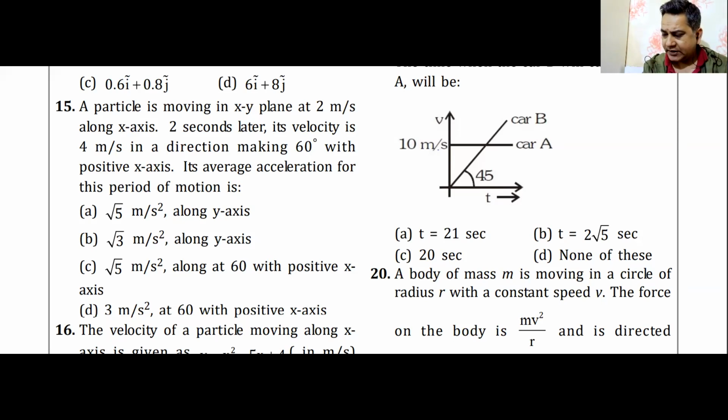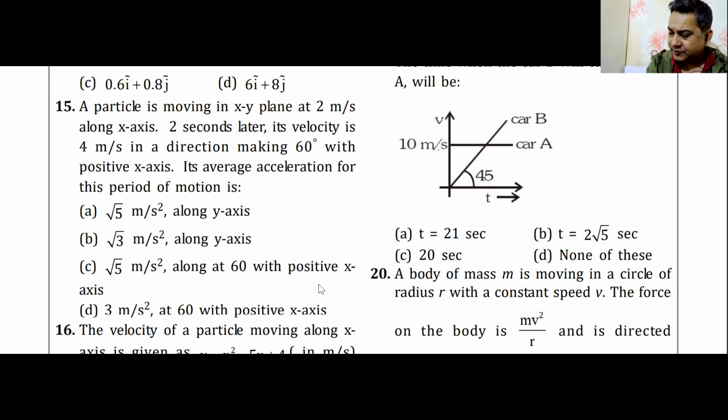Well, in the last class, I think we were doing work, power, and energy, and I think we were discussing the work energy theorem. In today's class, let us start with a brief discussion of the paper that was held on Sunday. I think most of you would have done all the problems. I'll just go through them. If you have any doubts in any problem, you can raise them.